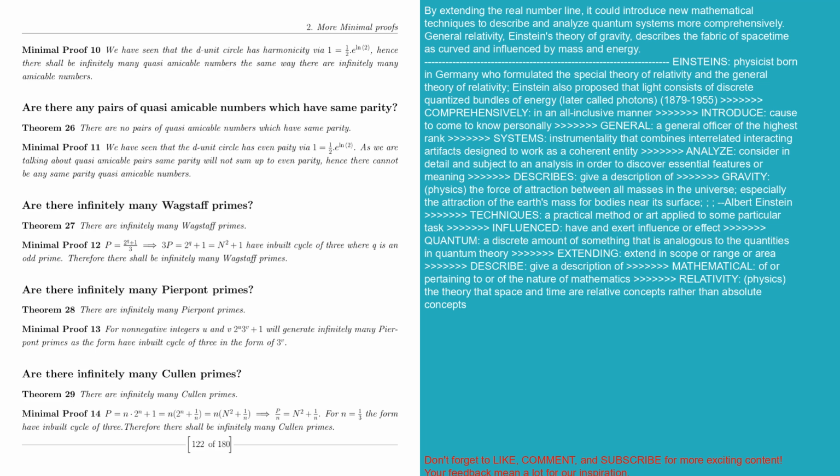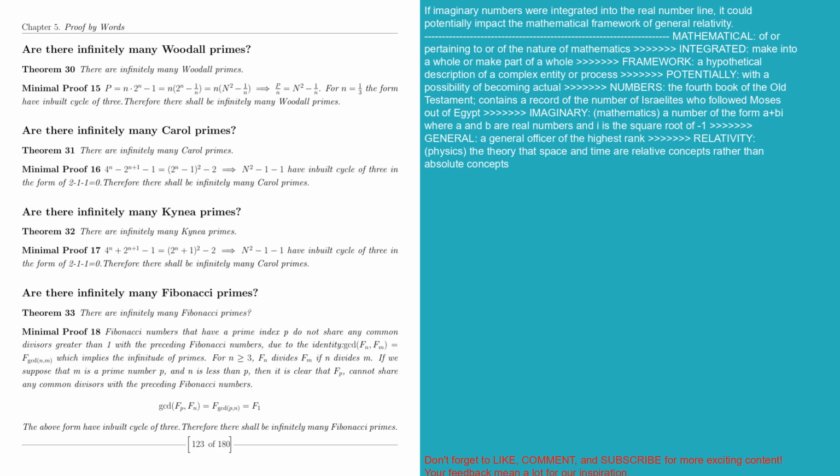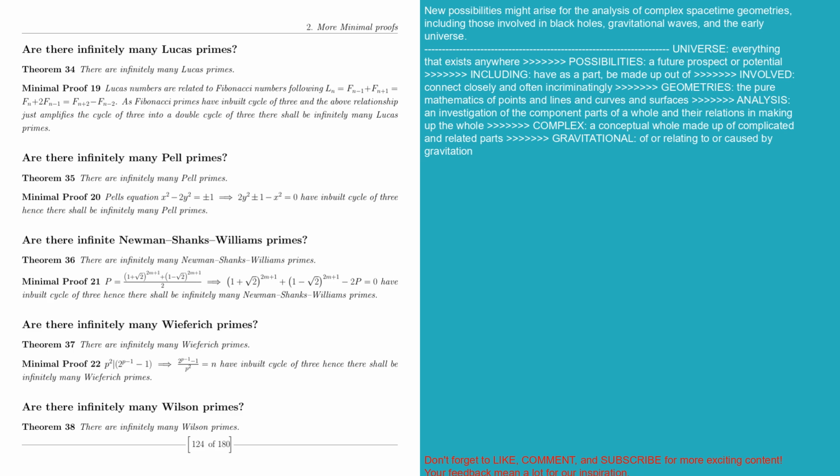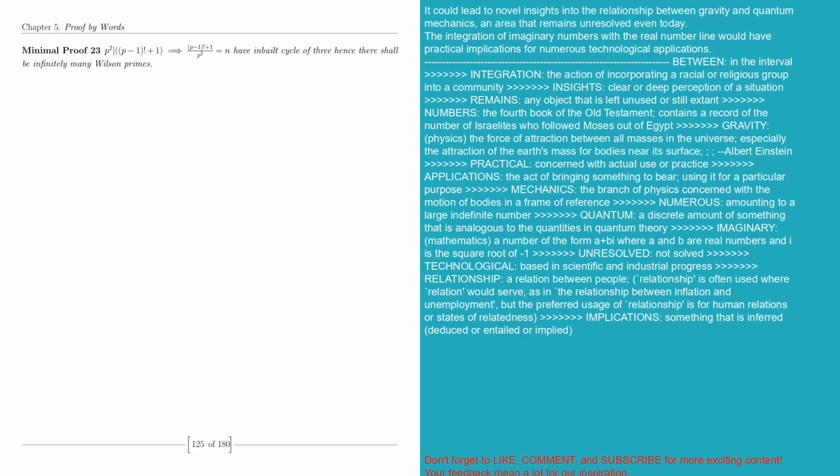General relativity, Einstein's theory of gravity, describes the fabric of space-time as curved and influenced by mass and energy. If imaginary numbers were integrated into the real number line, it could potentially impact the mathematical framework of general relativity. New possibilities might arise for the analysis of complex space-time geometries, including those involved in black holes, gravitational waves, and the early universe. It could lead to novel insights into the relationship between gravity and quantum mechanics, an area that